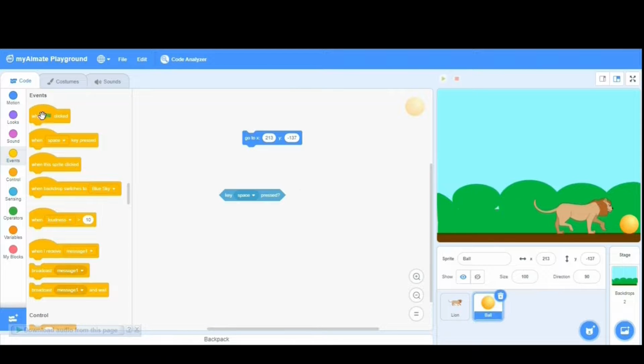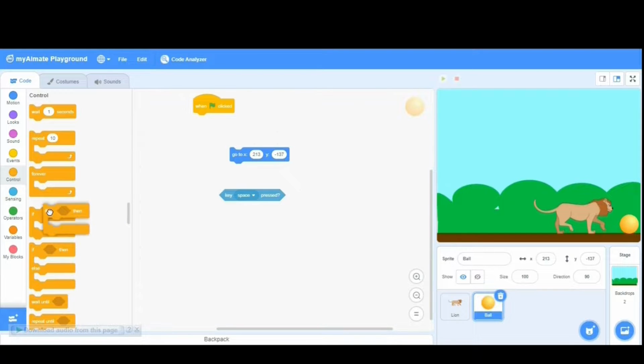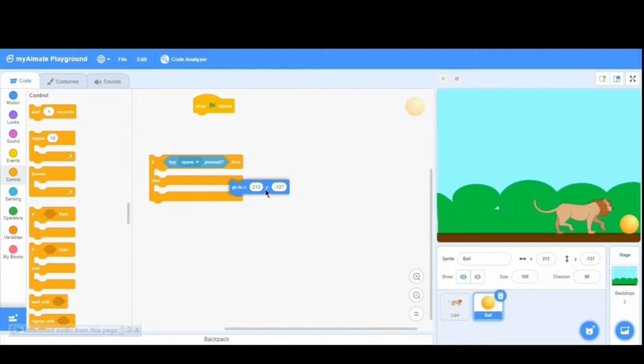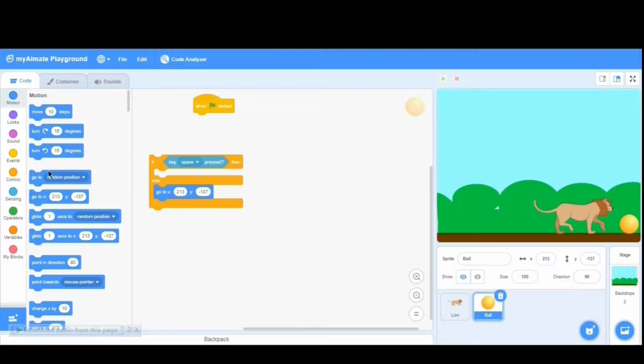Then I will go in the statements of the event. When the green flag is clicked, I have to check that if the space key is pressed, then I have to go up to a lifted position. Otherwise, I have to go to the grounded position. And now, for the uplifted position, I'll choose the coordinate. I'll just change the y coordinate when I move in this upward direction. So let's say this is the height that I want when my ball is uplifted. Now the y is minus 43. I will just enter minus 43 over there.